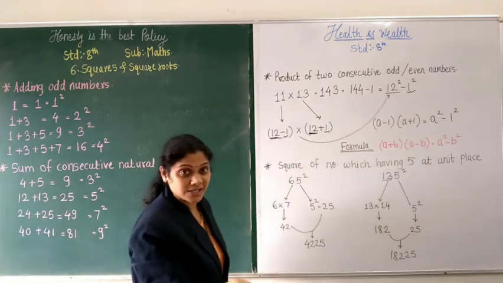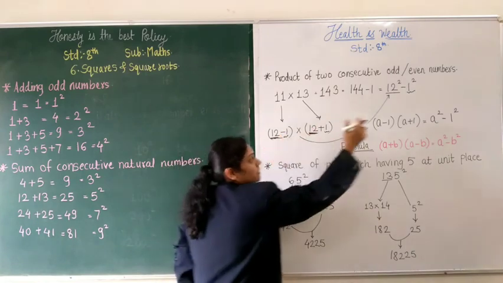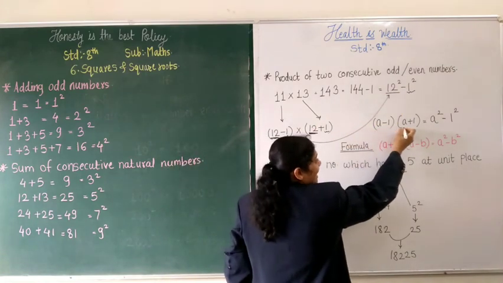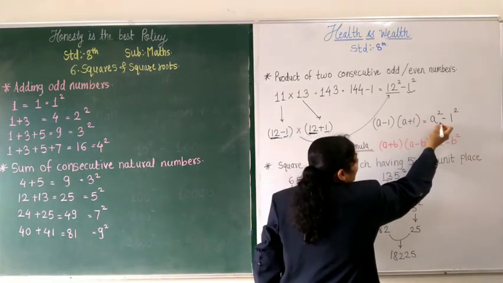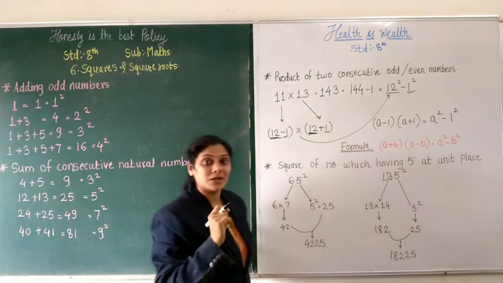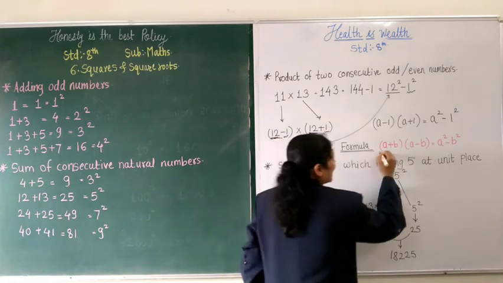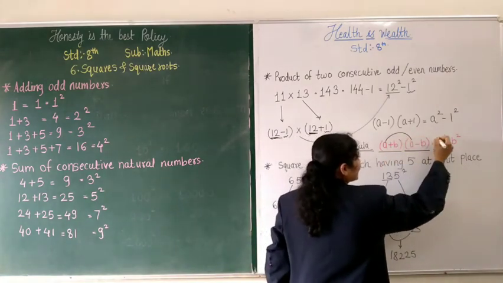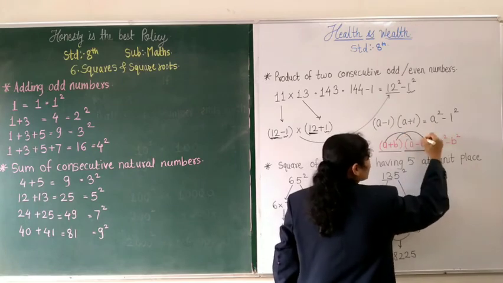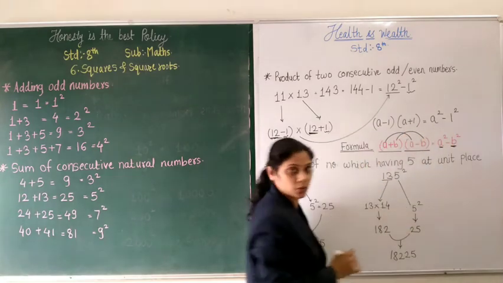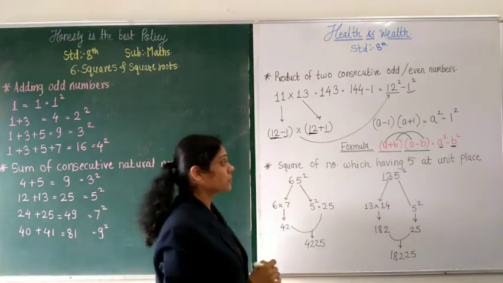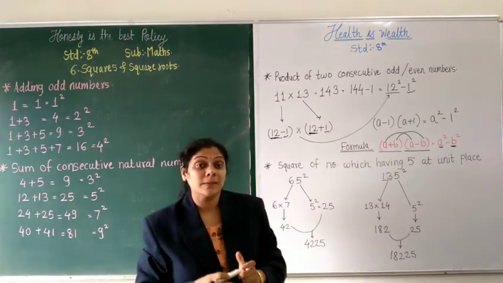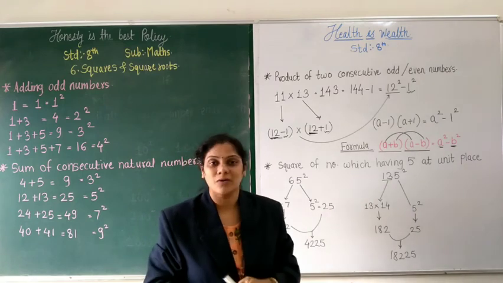And already we have studied that negative, positive, negative. Okay, so a minus 1 and a plus 1 we get here a square minus 1. So which formula we have studied here? That is a plus b into a minus b. A into a, that is a square, and b into b, that is b square. Okay, so by using this formula we can find out the squares or multiplicative numbers with the help of this formula.